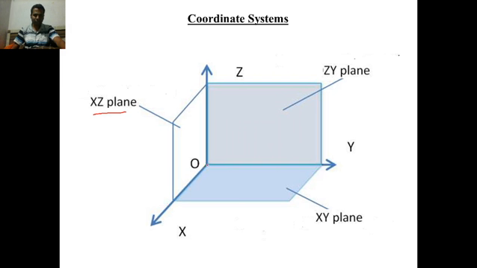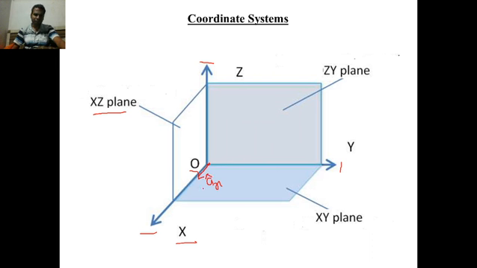Now for example, this is your x-axis, this is your y-axis, and this is your z-axis. So what is a_x cap? This is the origin point. The coordinates of the origin are 0, 0 and 0. So how will you show a_x cap? The unit vector of the x-axis will be shown in this fashion. Somebody may write a_x, the unit vector of x, or somebody may write a_x cap.